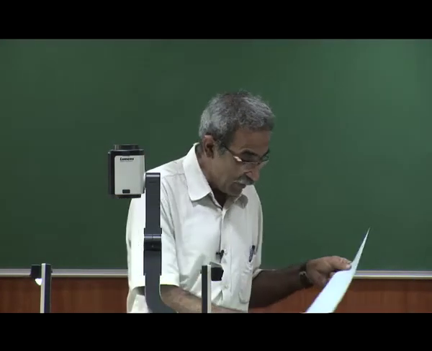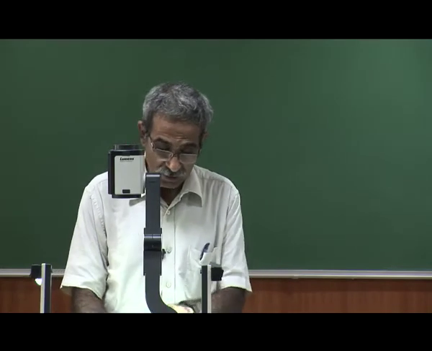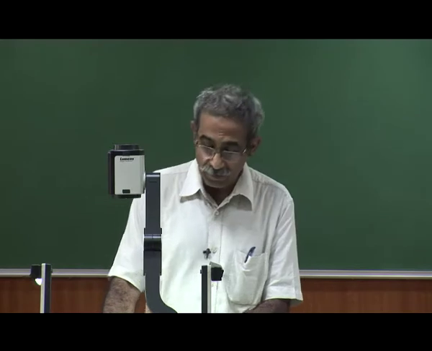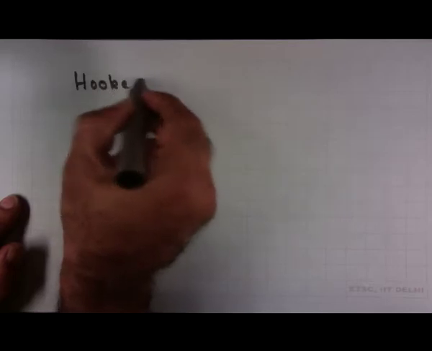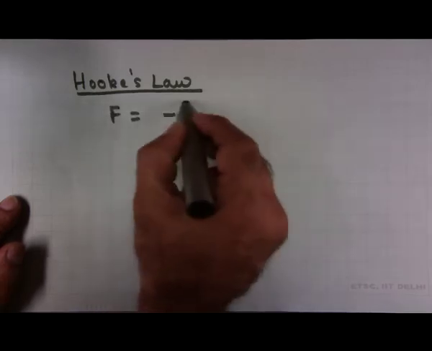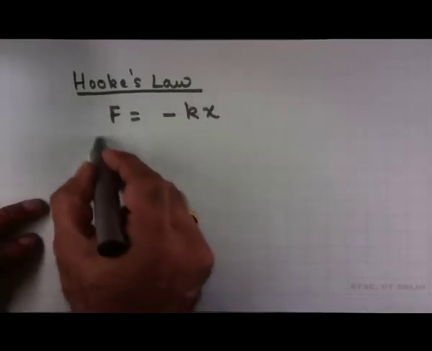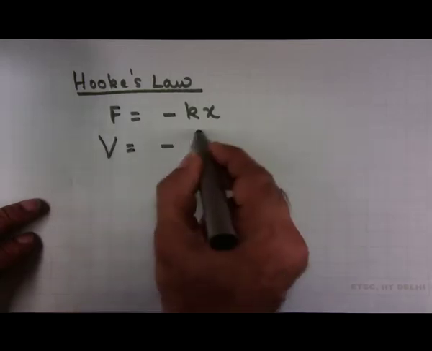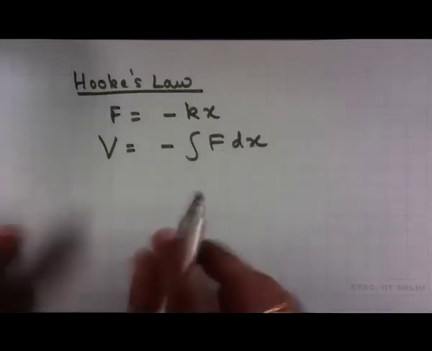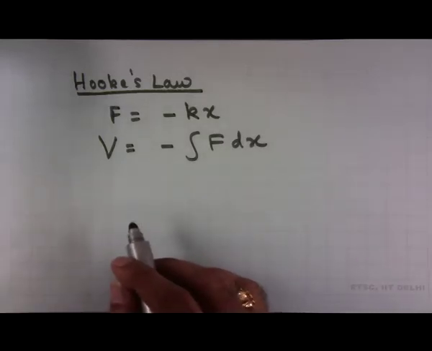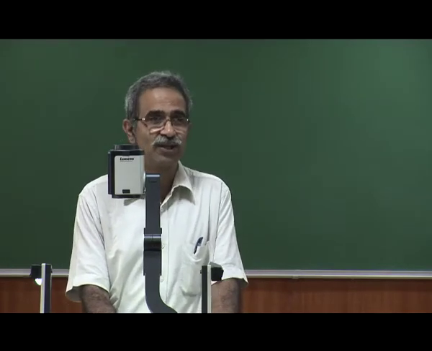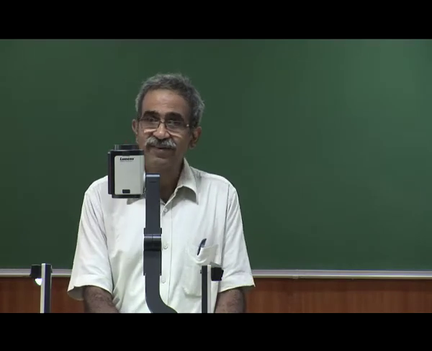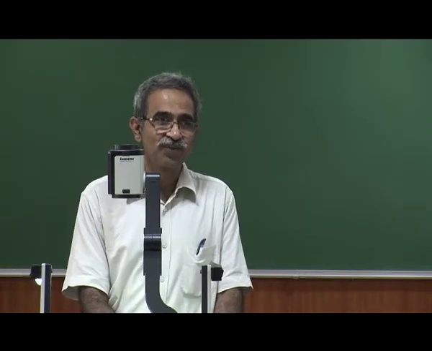We are not going to get into the mathematical details, although it is easy to work out. It is more important to get the concept. So one observation from Hooke's law is, let us go back to Hooke's law, because that is what you are more familiar with. If F is equal to minus kx, then your potential energy is nothing but minus F dx. I am not going to get into the nitty-gritty details of very general motion. We will assume only one-dimensional motion. So the motion is always either along the force or opposite the force.